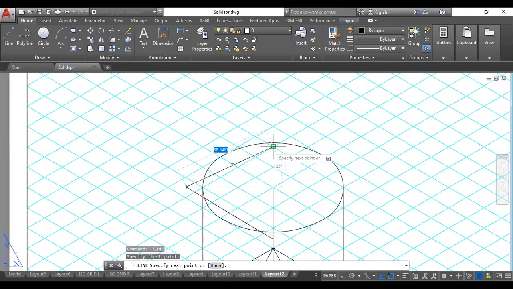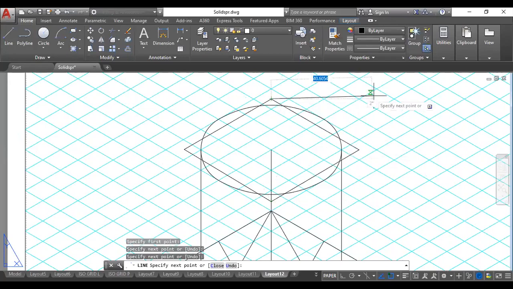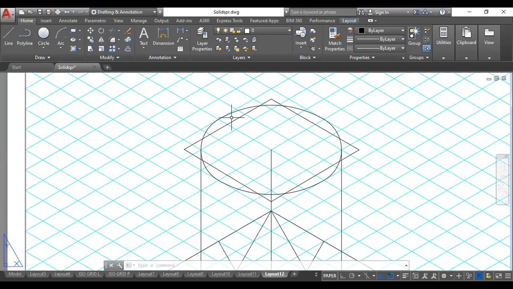So the center here would be 50 from this side. In the same way I will go 50 from this side, so here it would come 50. Then I will join it back to the original. From this as center, I took 25 on this side, then from here 25, 25, then 50, 50. So I got this box.